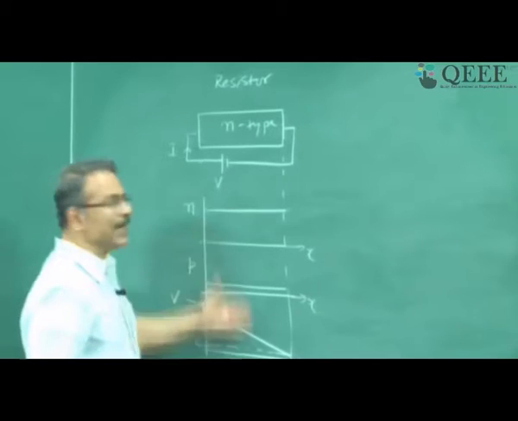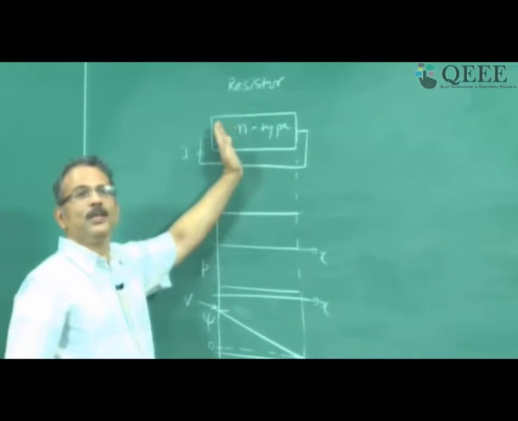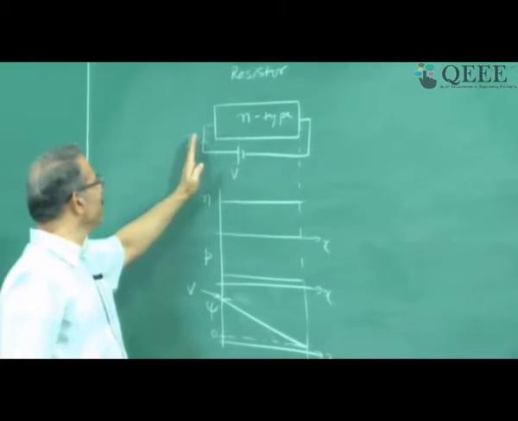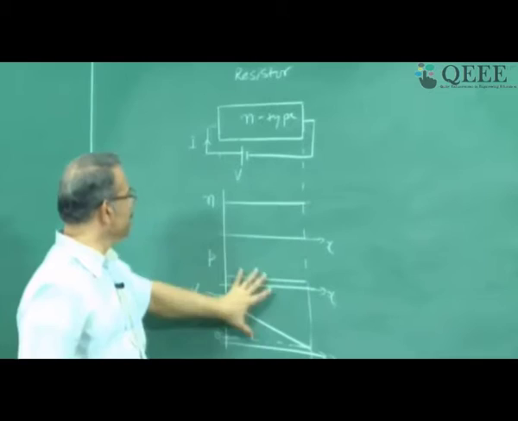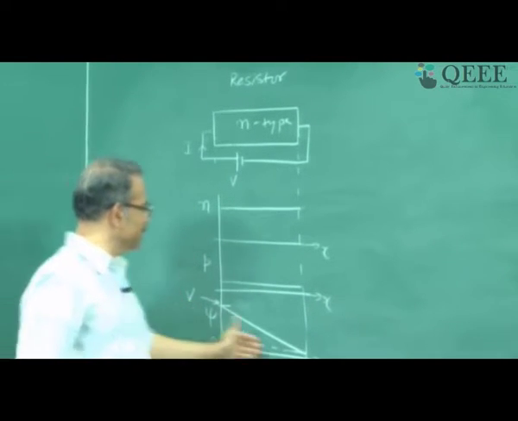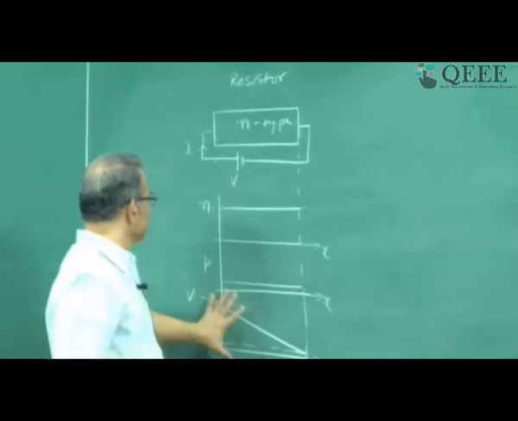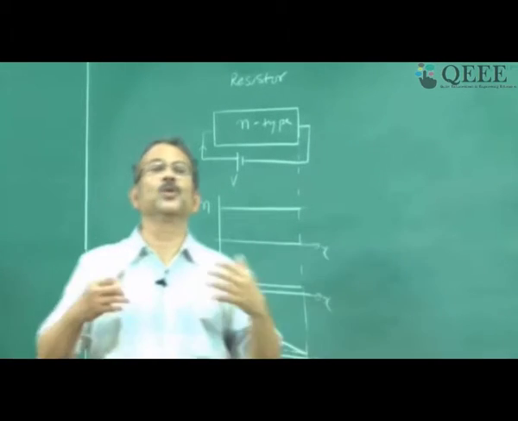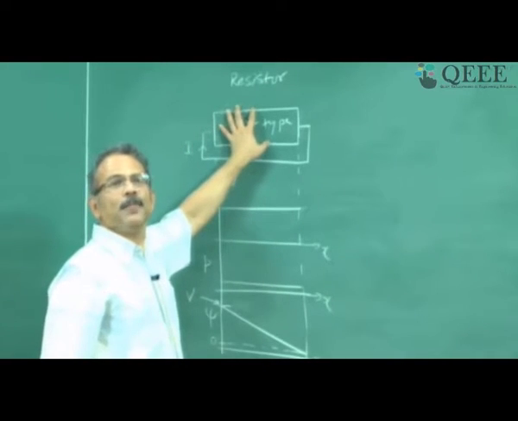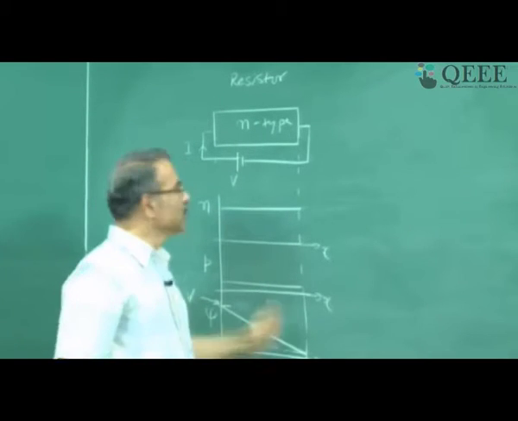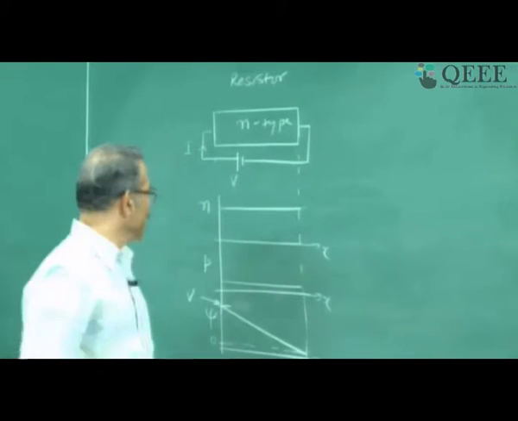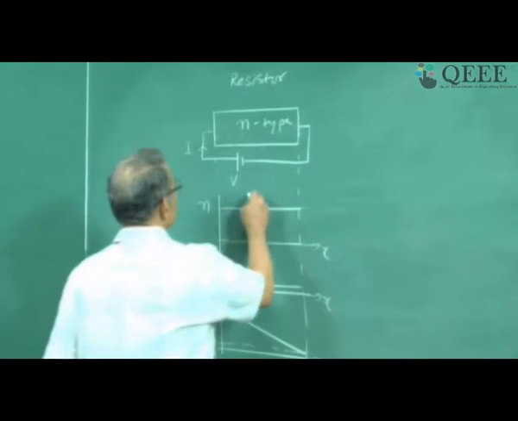Now this is the picture we have for a uniform block of semiconductor to which a voltage has been applied, and I want to find out the current. I have to use this information to get the current. So electron concentration, hole concentration, potential as a function of distance. If I know this, then I say that I have understood this semiconductor device. You can plot it as a function of time also. In this case, since I am applying a DC voltage, all conditions are constant with time. So at any t, this will be the picture